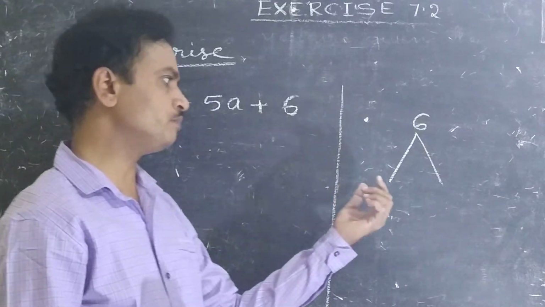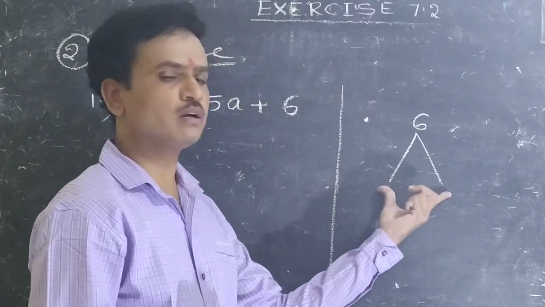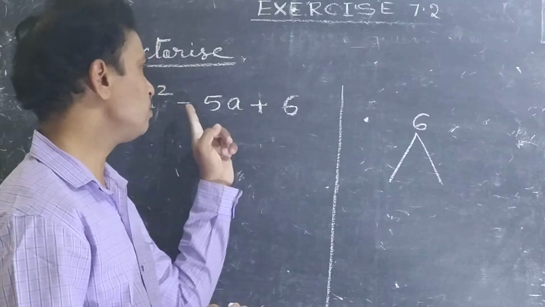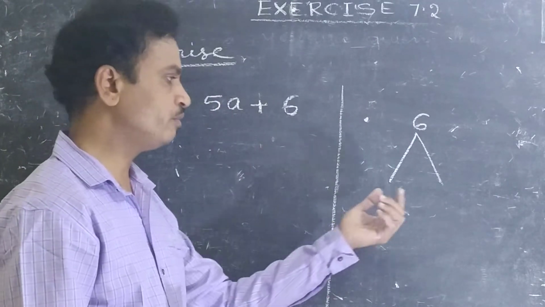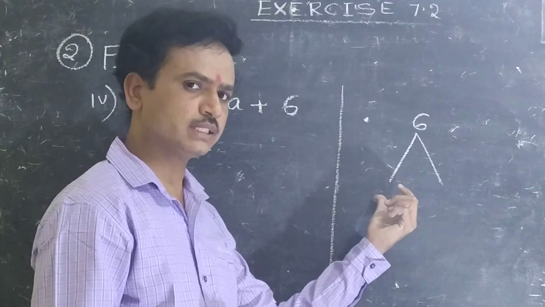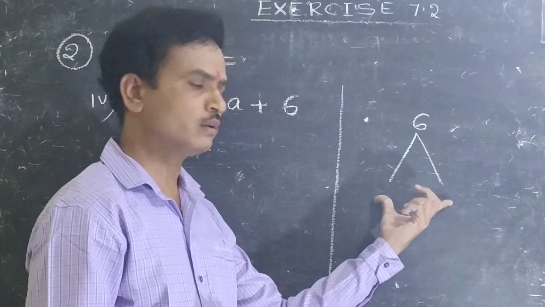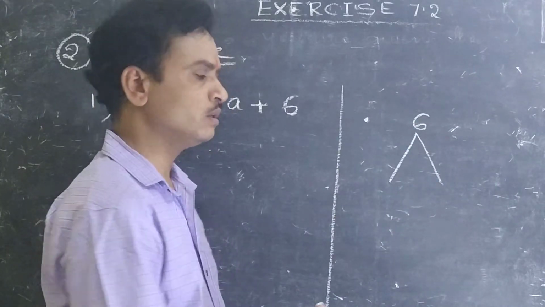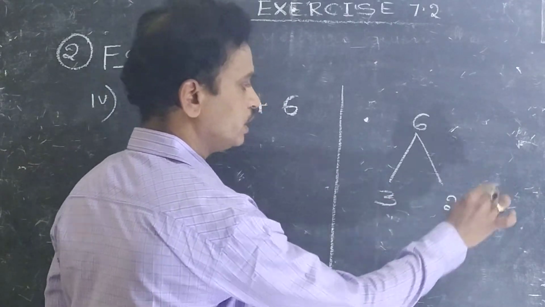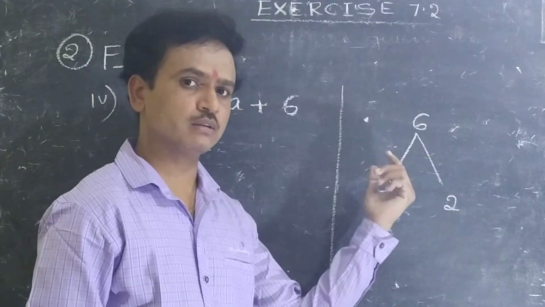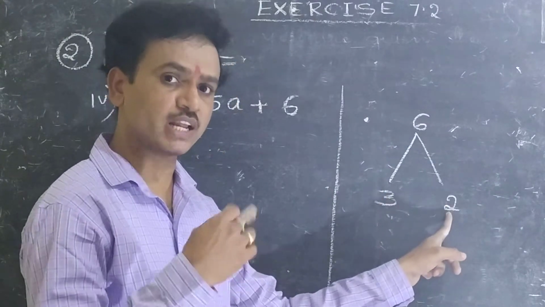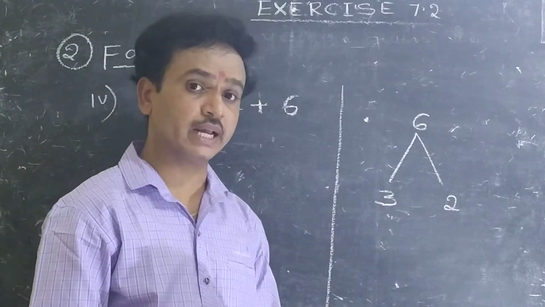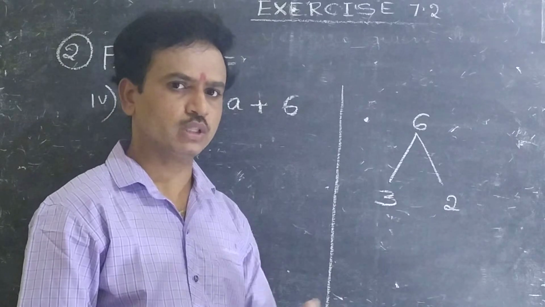So what we should do here, if you take 6 ones are 6, but 6 plus 1 is 7, and we want minus 5. Okay, if you take any one side negative, minus 6 into plus 1, but here it is plus 6. So what we should do here, 3 twos are 6. But the sum of these two numbers we want is minus 5, but if you add these two numbers, you will get plus 5. 3 plus 2 is equal to 5.